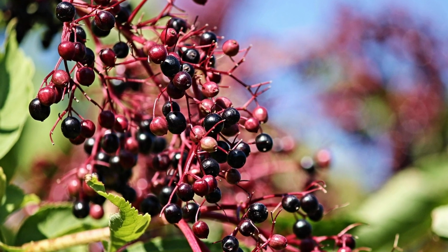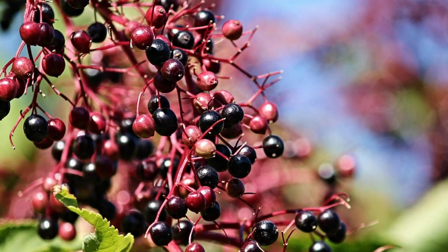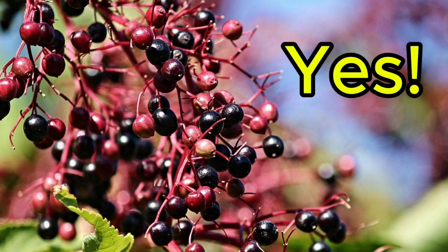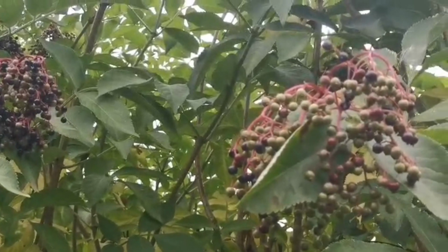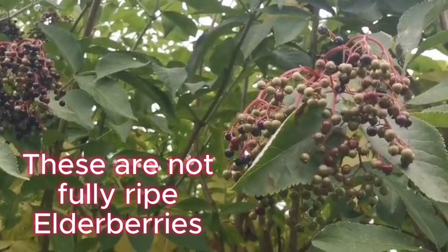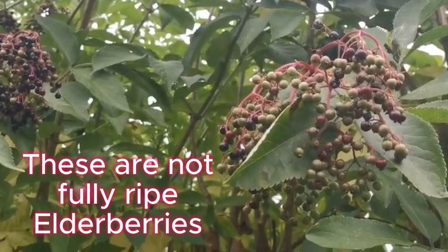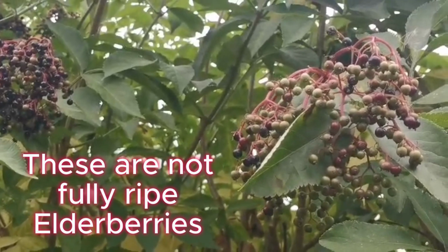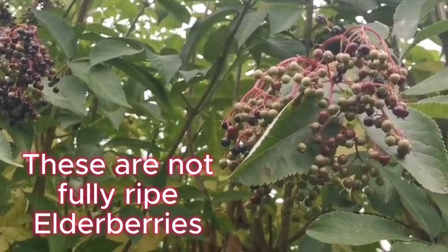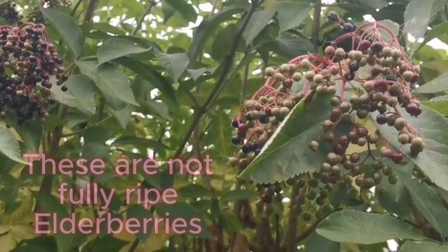Do they contain toxins? And the answer is, yes they do, especially if they're not fully ripened. Green or half-ripe elderberries will contain cyanogenic glycosides, which can release cyanide if we eat or drink the raw fruit juice. I think it's quite difficult to collect perfectly ripe elderberries, as they all seem to ripen at different times,